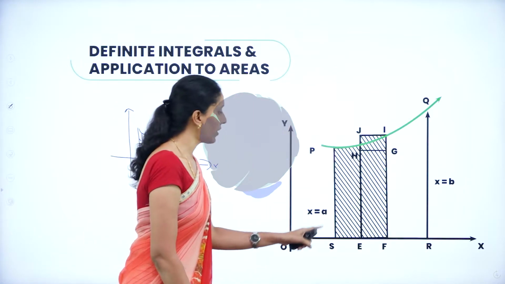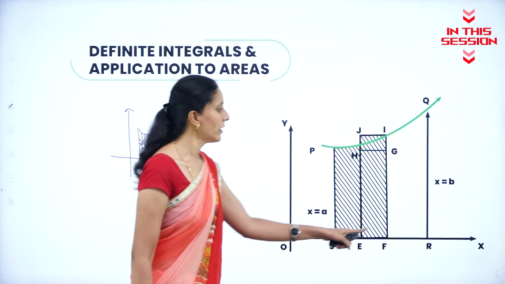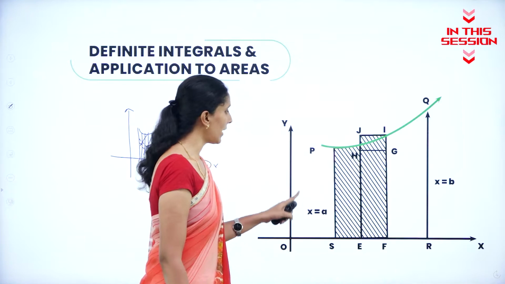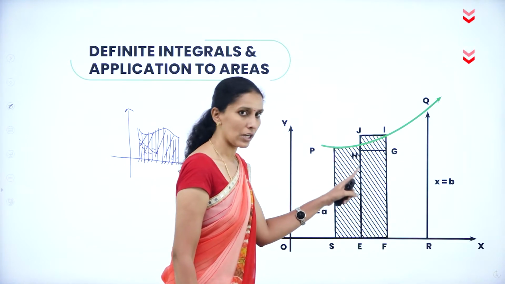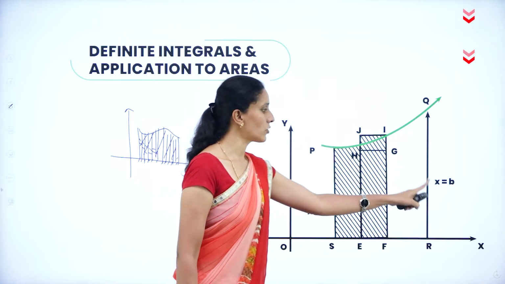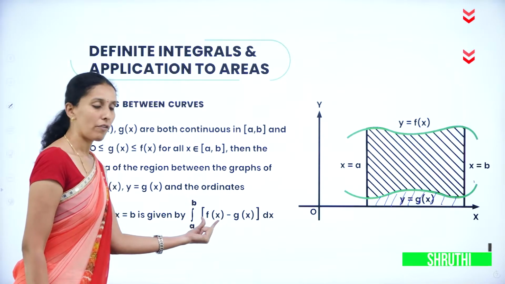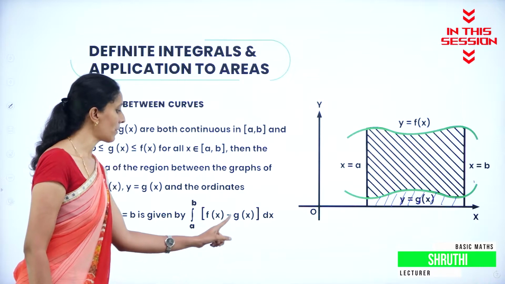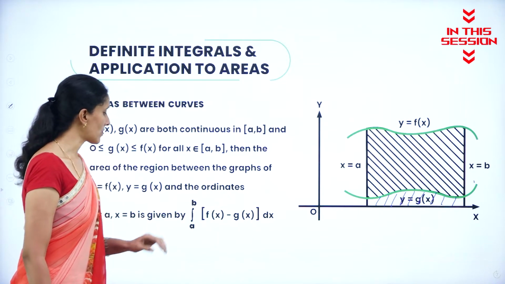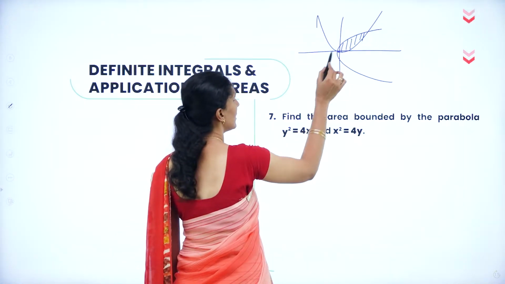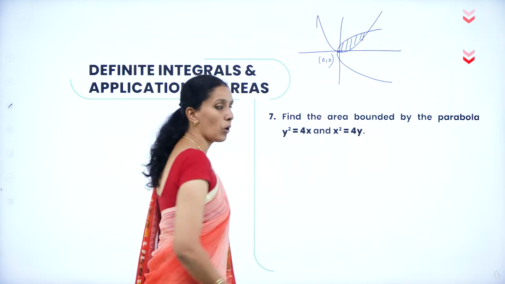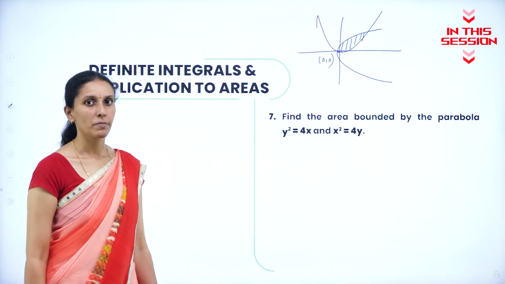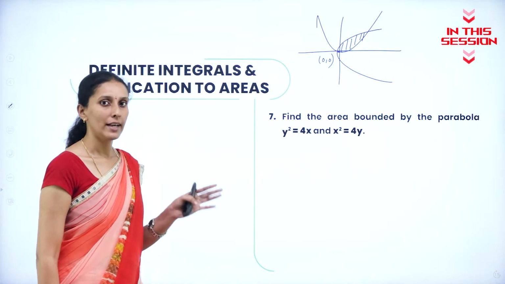So if you take this as a lower limit and this as the upper limit, we will take the area of this curve from limit a to limit b. Area of f of x minus area of g of x can be written in the form of integral of f of x minus g of x into dx. The first point of intersection is clearly (0, 0). Both will touch at the x-axis because the vertex for both curves is on the x-axis.